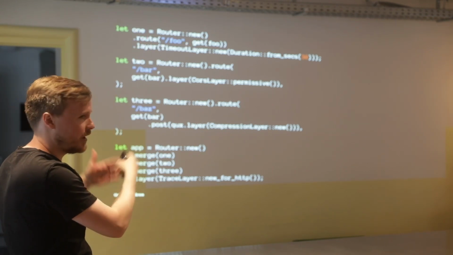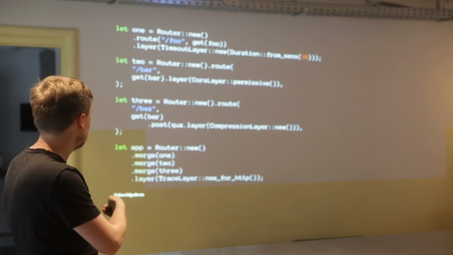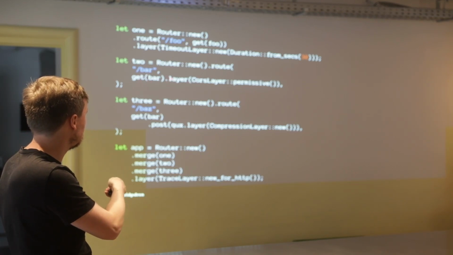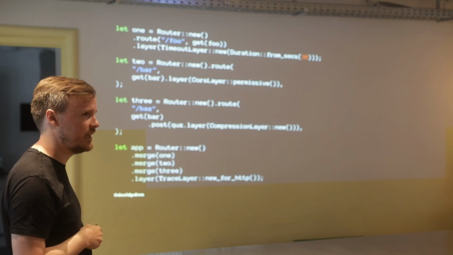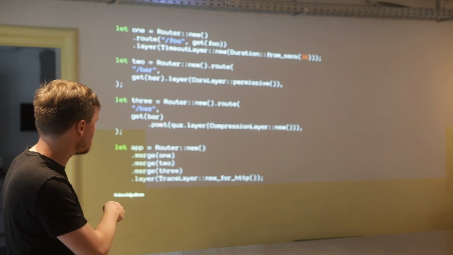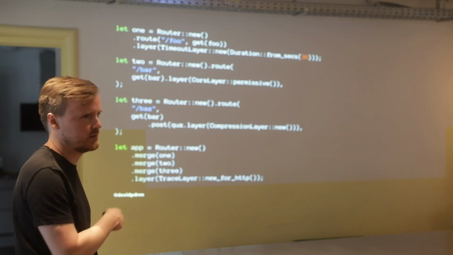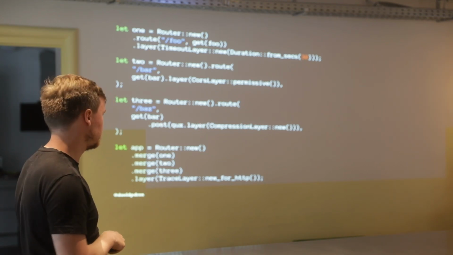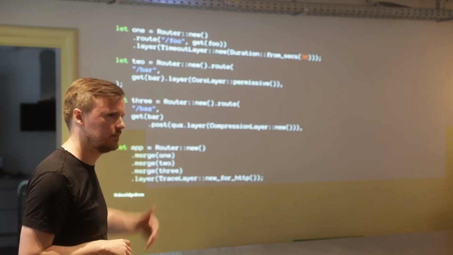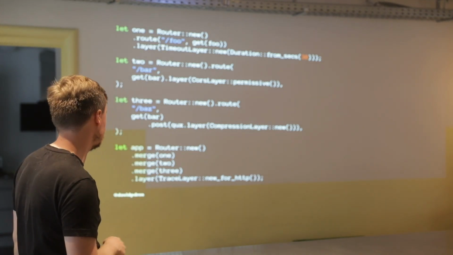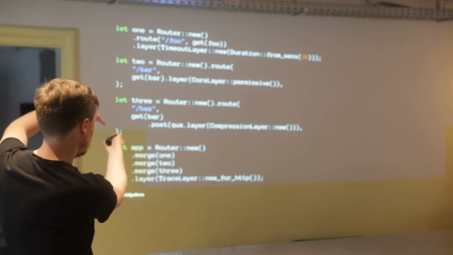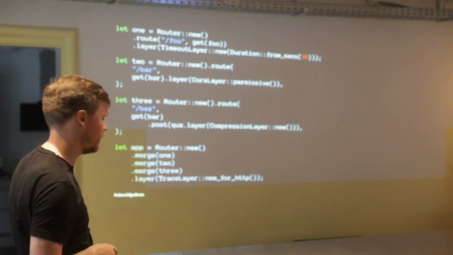That's great if you have a lot of routes that you want the middleware to have. If you're like, I only want this one route to have a layer, you can just say .layer on whatever thing get returns. If you're like, I want to accept both get and post, but only post should have the middleware, you can do that too. So there's really deep integration with basically anywhere that you think you can put a middleware, you can put a middleware there. And then you can merge them all together at the end, and then for the combination of all of these routes, apply tracing around the whole thing.